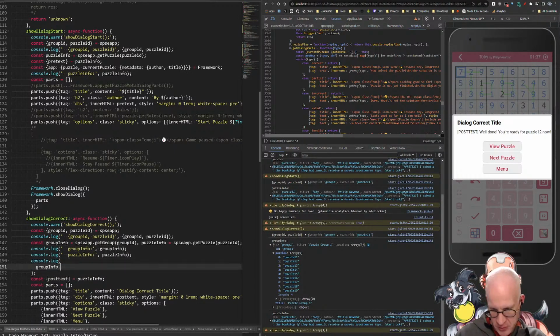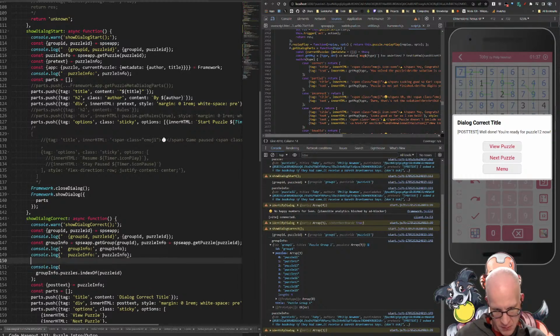So groupInfo.puzzles.indexOf(puzzleID), like this. So let const isLastInGroup equals. So if this is the